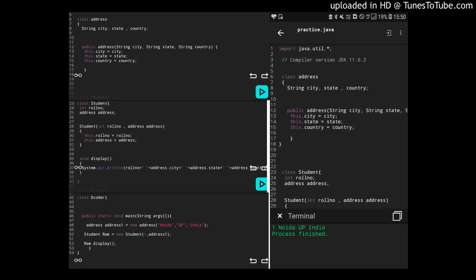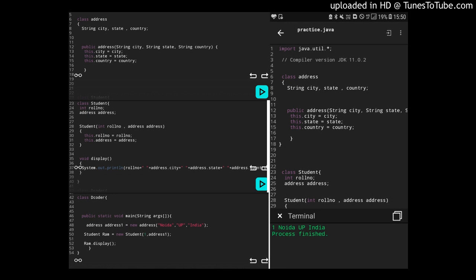Suppose we have another class named address which has string city, say. Only one instance variable is there in it. Instead of taking only string city, it is of no use. We could have also used string city within the student class itself.